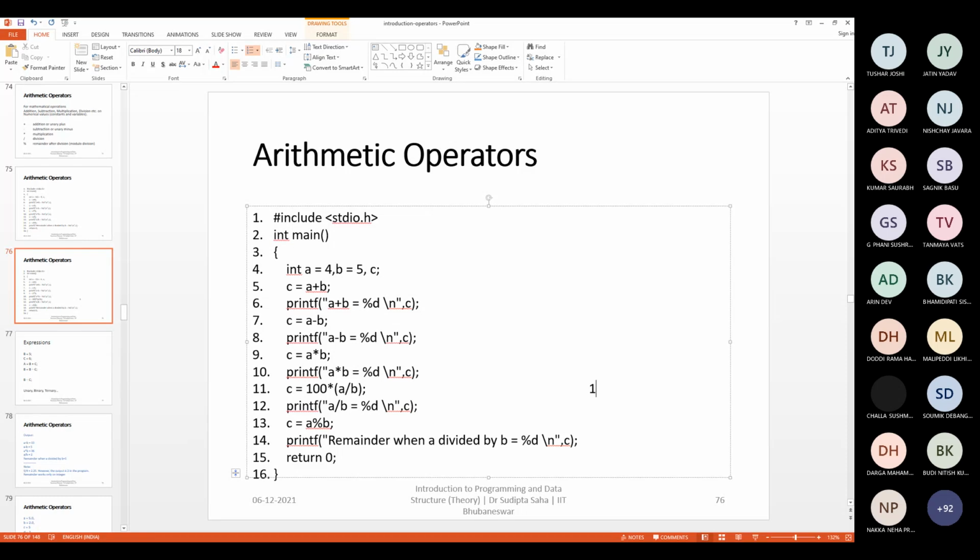So then originally it should become what? 400 by 5. That means 80. Yeah, but if you do it wrongly, like if you don't take care of all these issues, it will become 0. So many of you might be thinking that fractional part, if it is removed, then it will not affect the computation at all. You are wrong. So check this example.